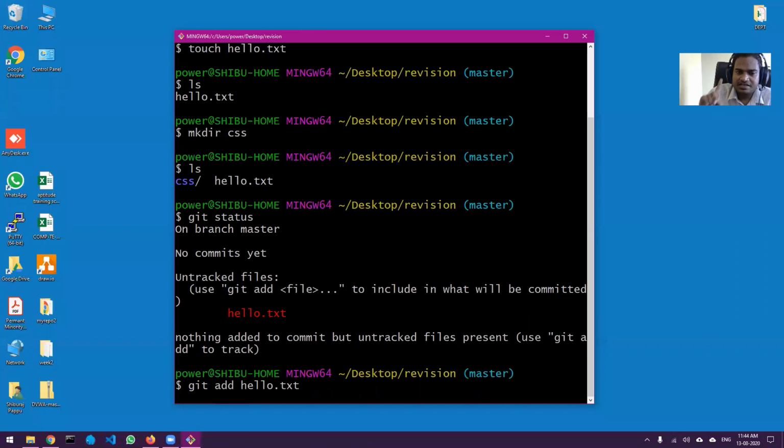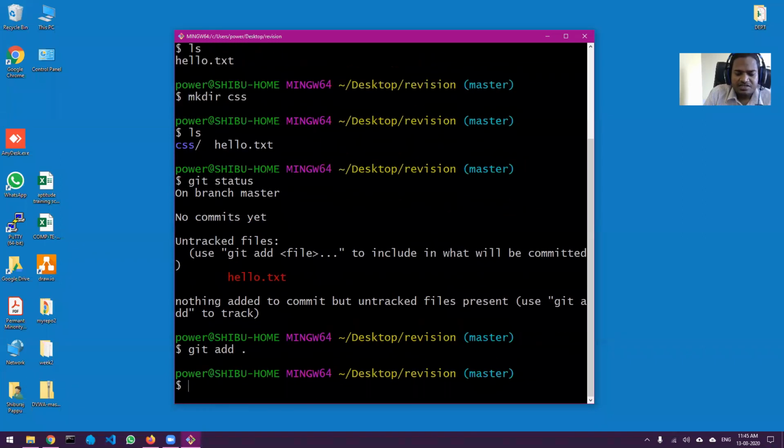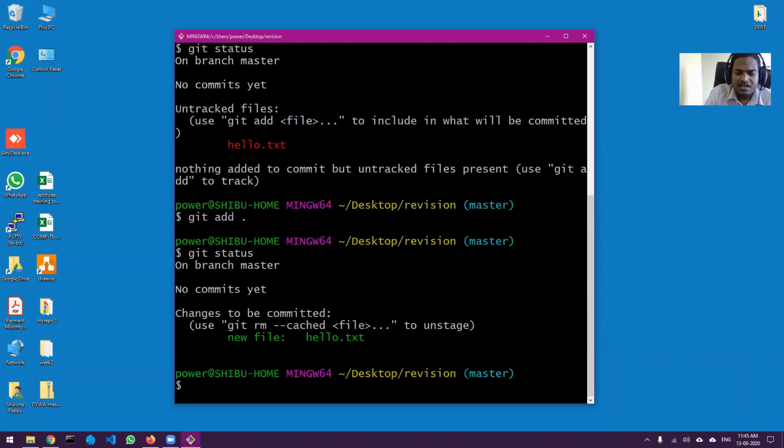If you want to add a single file to the staging area, or if you want to add everything, then normally we use git add dot. Okay, so if I press enter, everything is in the staging area. I do a git status, and you can see now it says, instead of untracked, that was previously untracked, now it is new file.